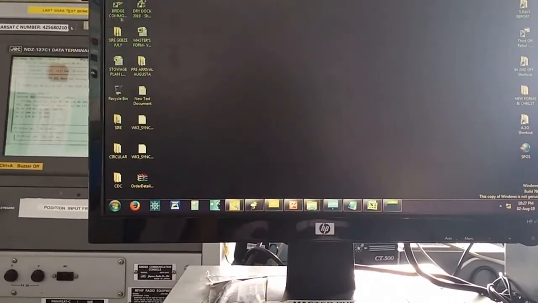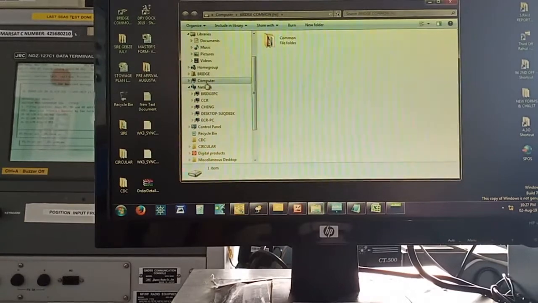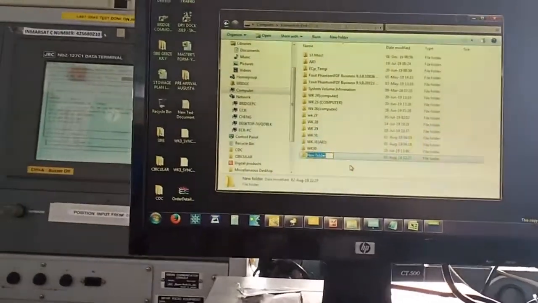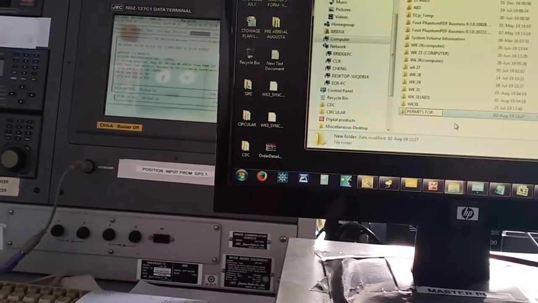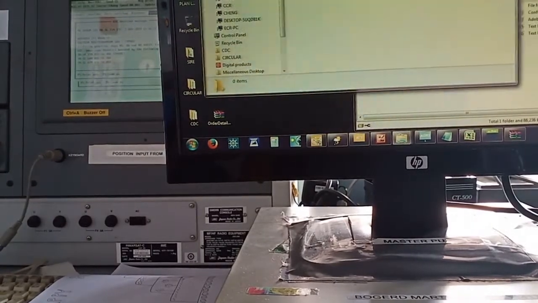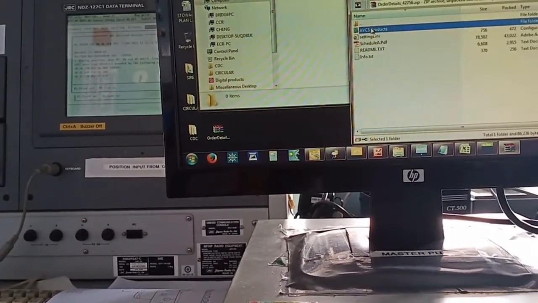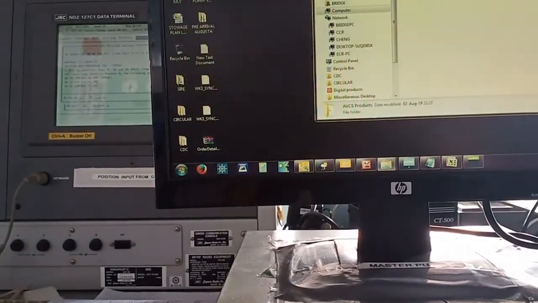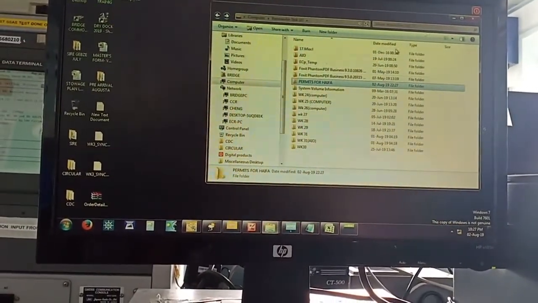So how I do it is, go to computer, pen drive. Here I will save a folder, permits for Haifa. I will copy paste everything. Actually I need only this folder, AVCS products, but I can copy paste everything, so it doesn't matter. This file which I have created is for ACDIS. This permits for Haifa is for ACDIS.